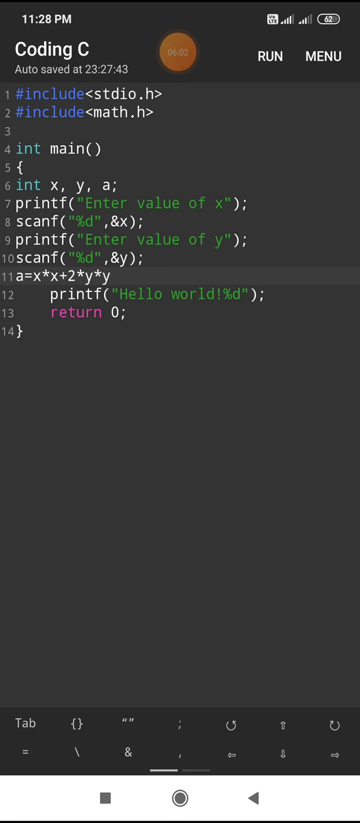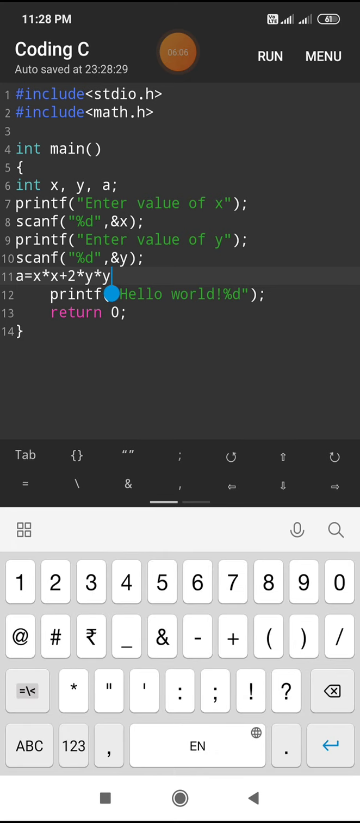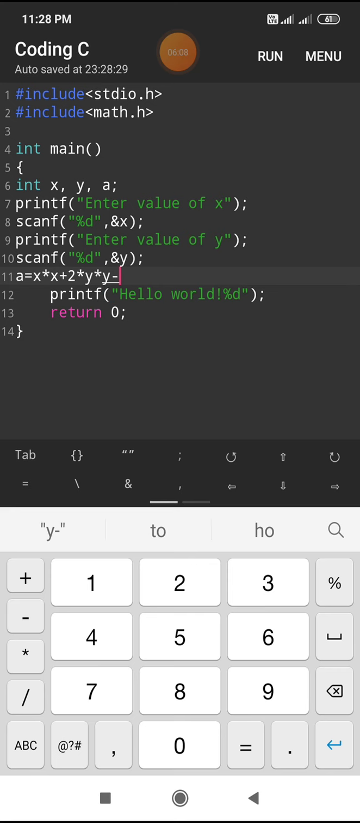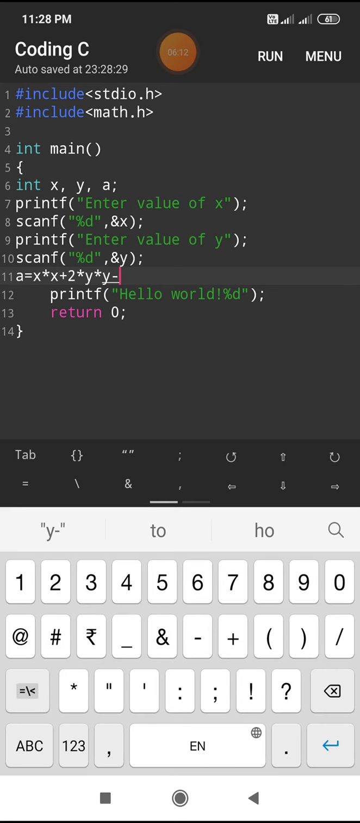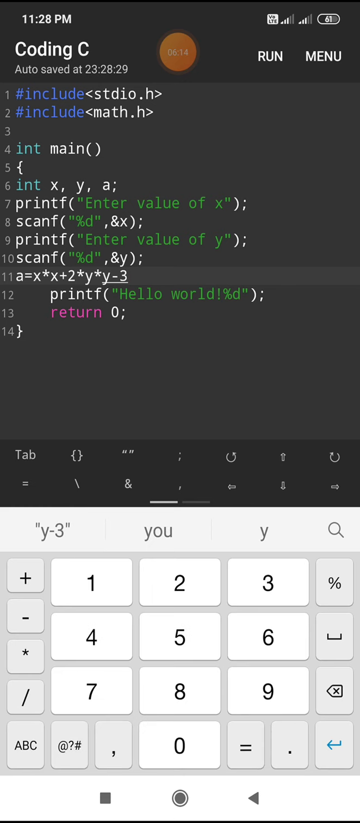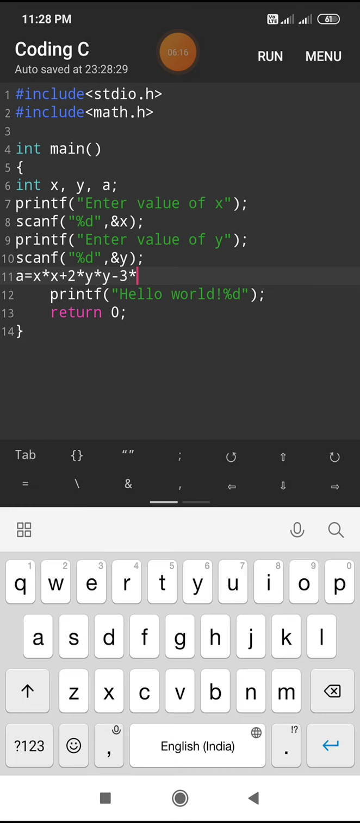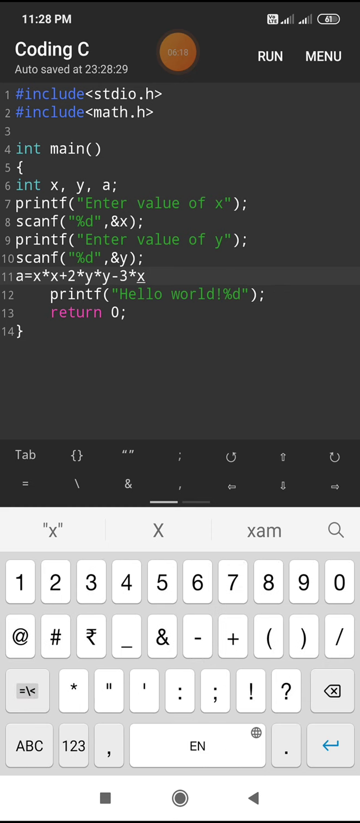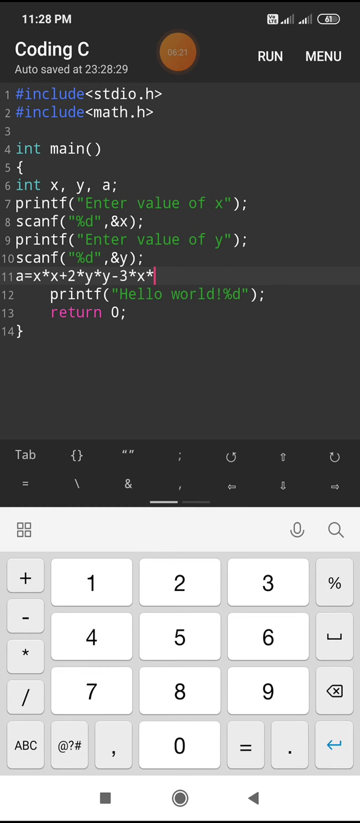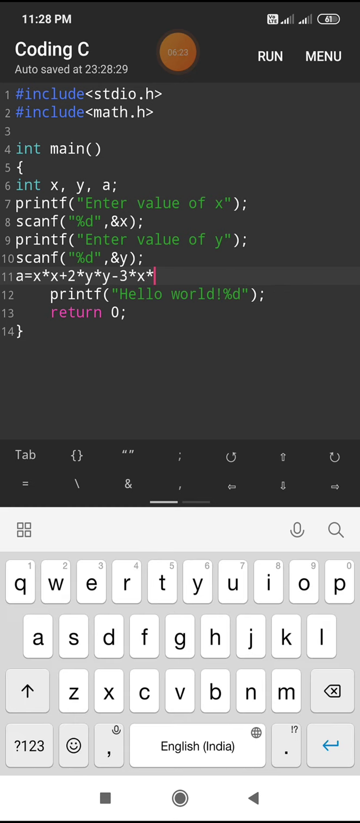Again the next line is minus 3xy. For that you can write minus 3 into x into y. Last one is same, sorry, again you can write it x square